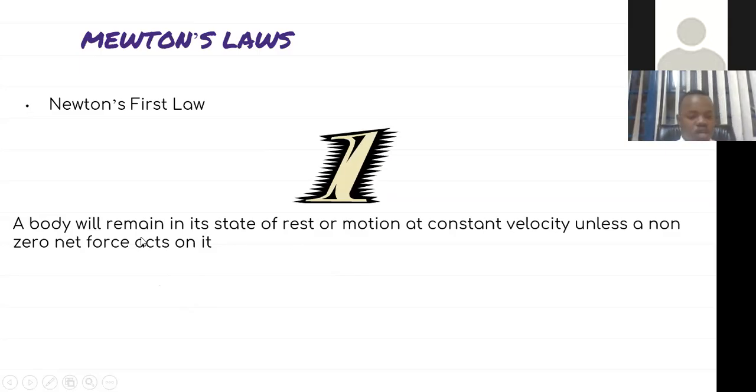It says to us, a body will remain in its state of rest or motion at a constant velocity unless a non-zero net force acts on it. Now, what essentially does this particular definition mean? This definition is basically informing us that